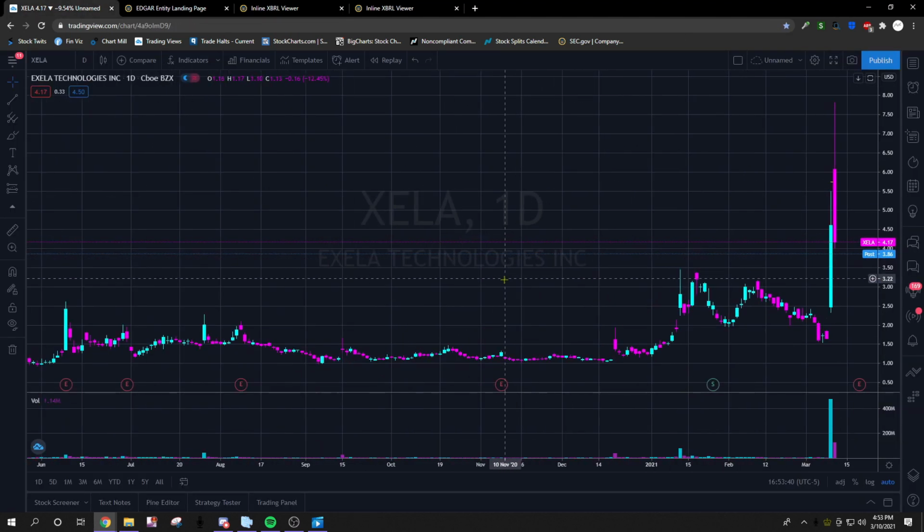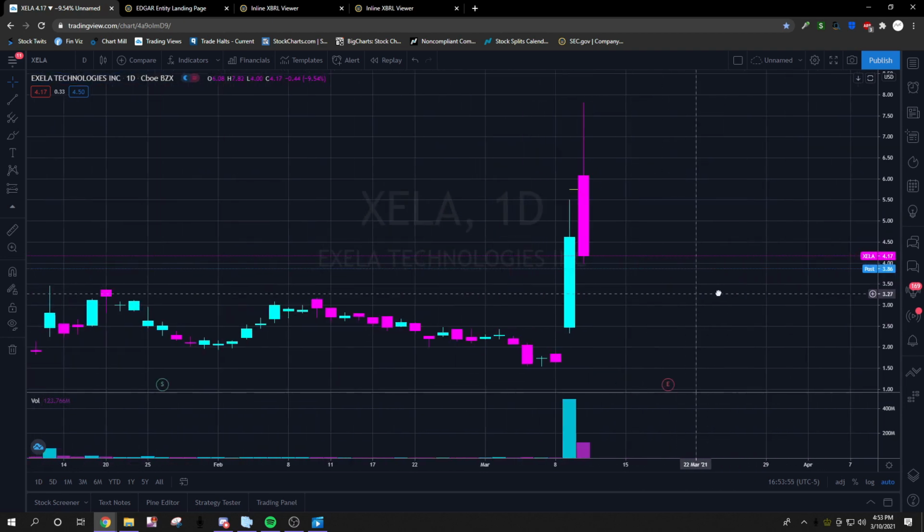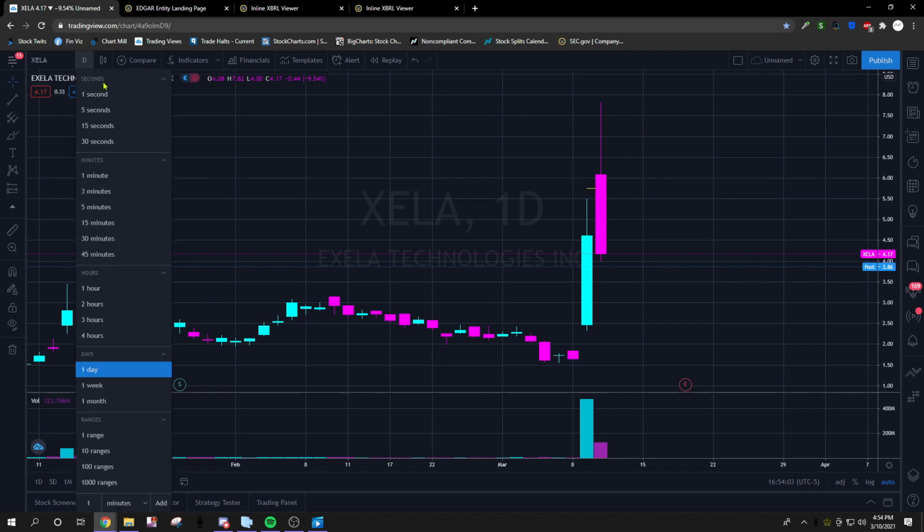Once we get that information, we're going to go back to the daily chart. And we're going to look at September 2020. Has that price traded $5.75? And no, it has not. So this would be the first run up into those warrants. And you damn well bet that they're going to be taking off some of the warrants, as many as they can, into this push. So if we go to an intraday chart,